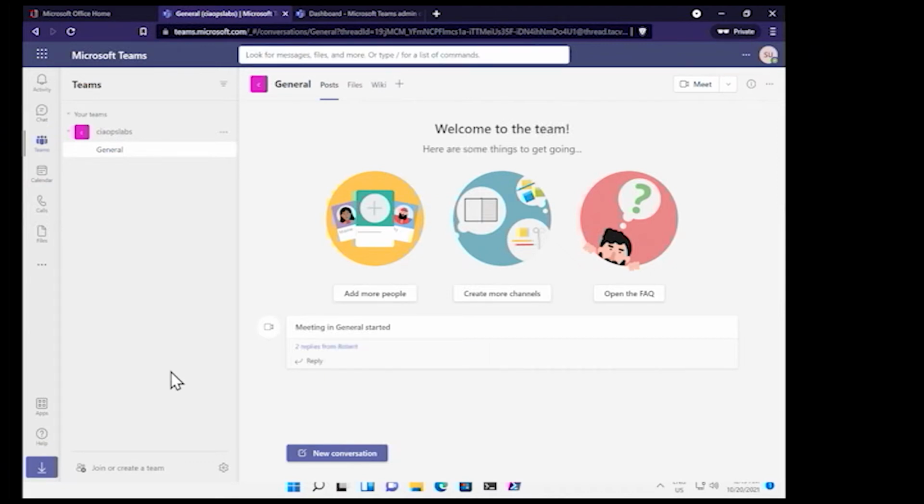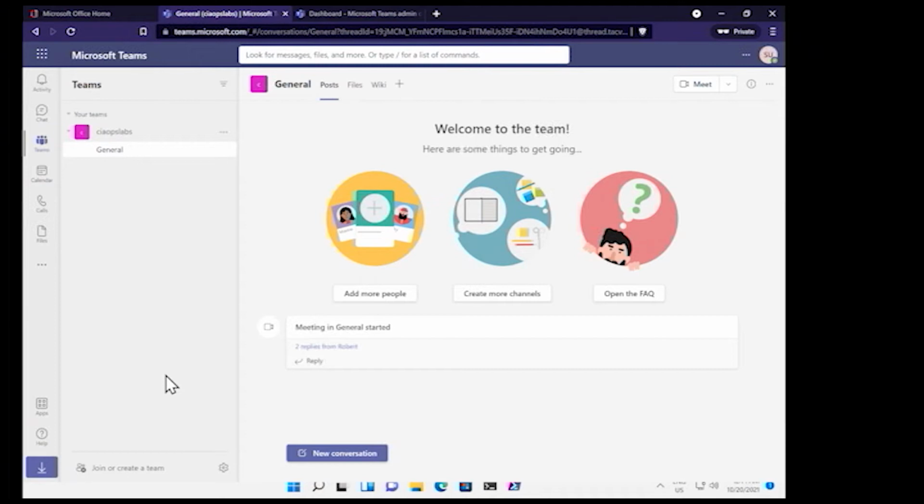So anything that I put into my team, my conversation, or my files can basically be searchable. And that's very handy when people come in and out of a project. Now, the good thing about this is we can create and utilize and work with as many teams as we